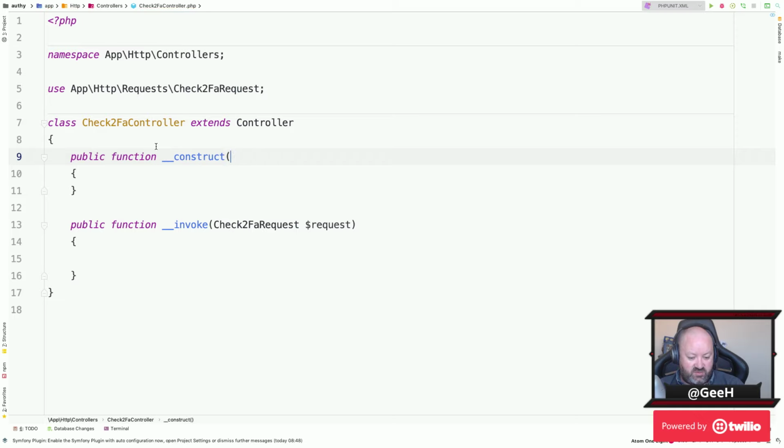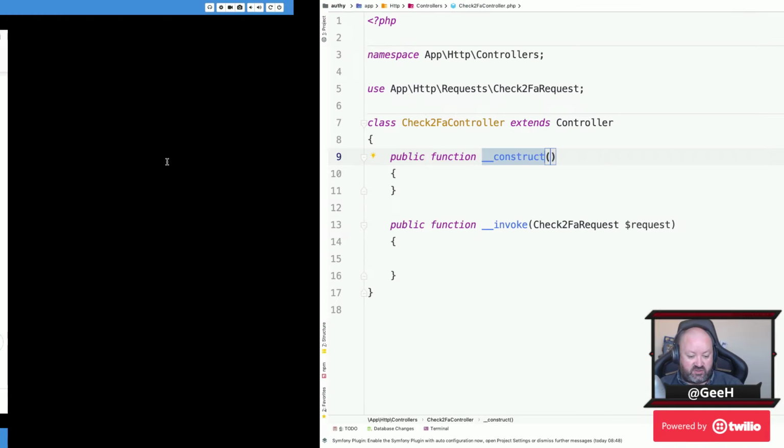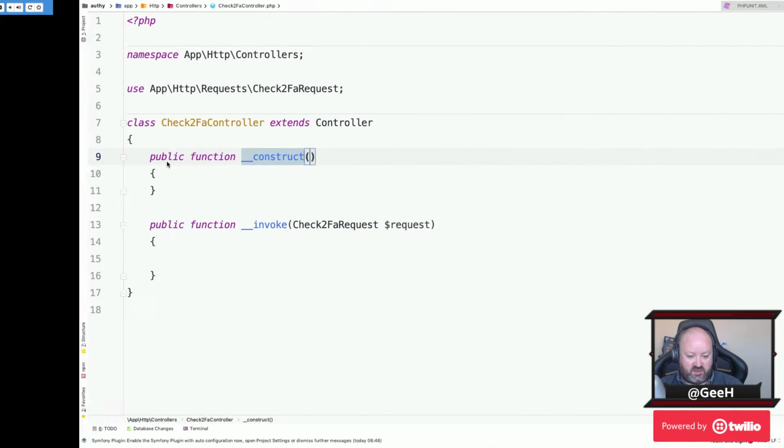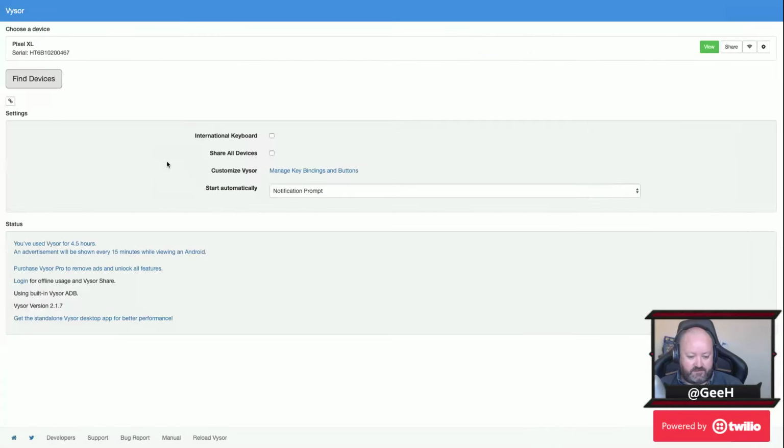I'm using this new light color scheme because I've been told that it makes it a hell of a lot easier on stream for when I go between it's not so good when I go between the